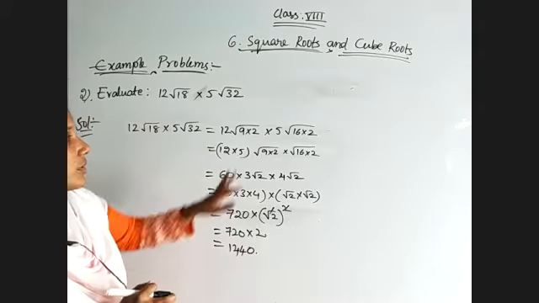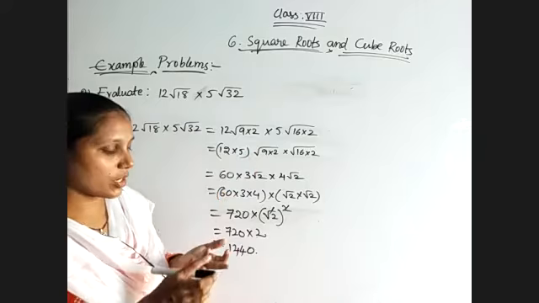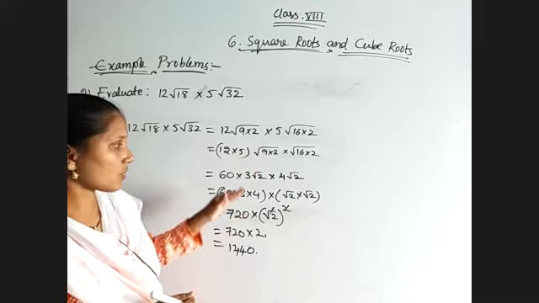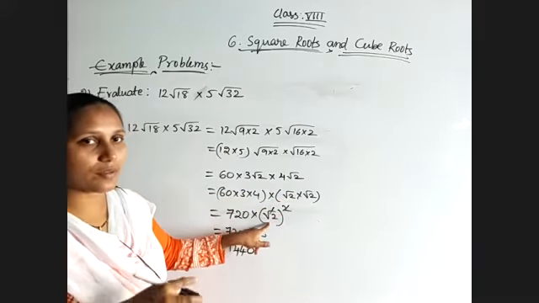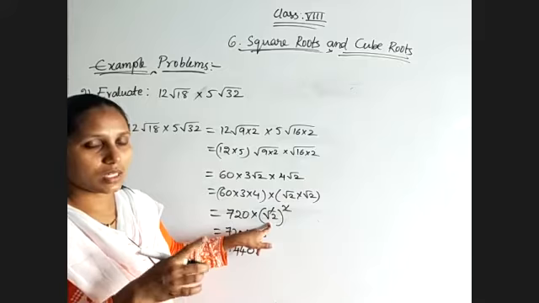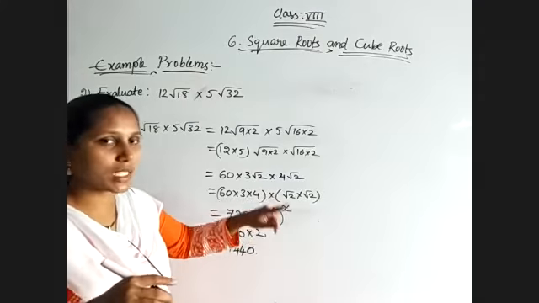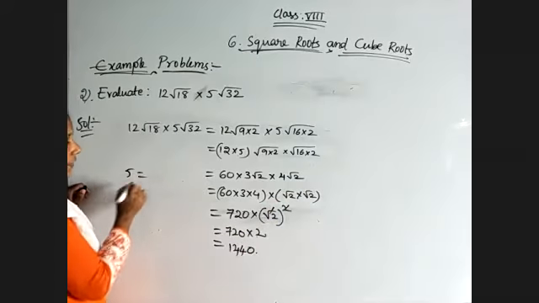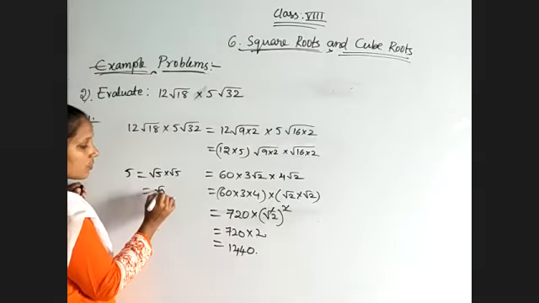So we need to try to remove the root by taking the square value, because the inverse operation of square root is square. So when you are getting root x square, the square root will get cancelled. Whatever x value is there, that one only we will get. Means, for suppose 5 is there. 5 is nothing but root 5 into root 5. Why? Because root 5 into root 5 is root 5 square.